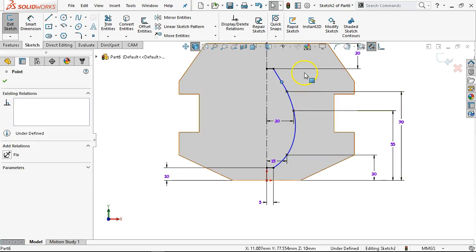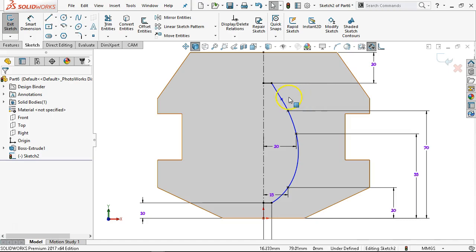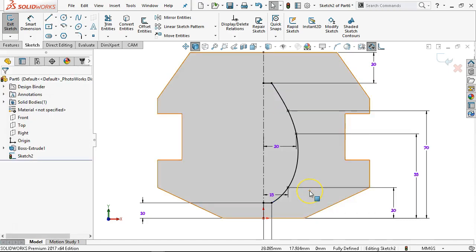So 20, 20. So I guess the question is, can I delete a node point? So making sure that I'm highlighted on that node point, and then either right-clicking or hitting delete, that will take it away. 1, 2, 3, 4, 5. So this segment, either